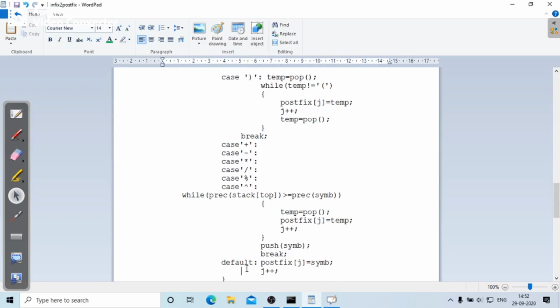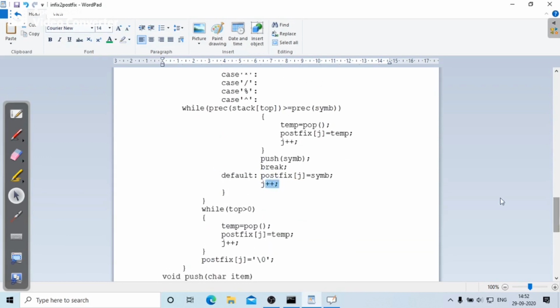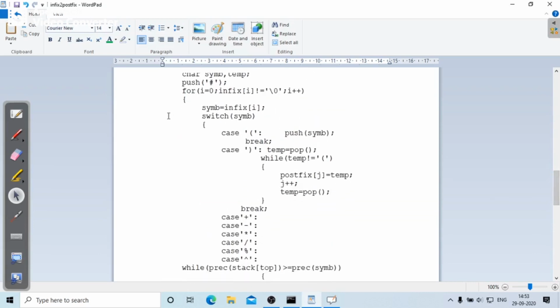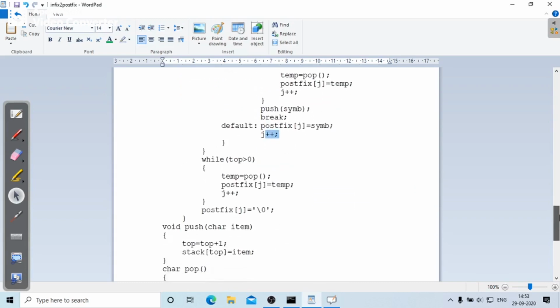And suppose the currently scanned character is not an operator, but an operand, write it as it is to the postfix expression. Once you have finished scanning all the characters of the infix expression, the next job is to check whether the stack contents are empty or not.